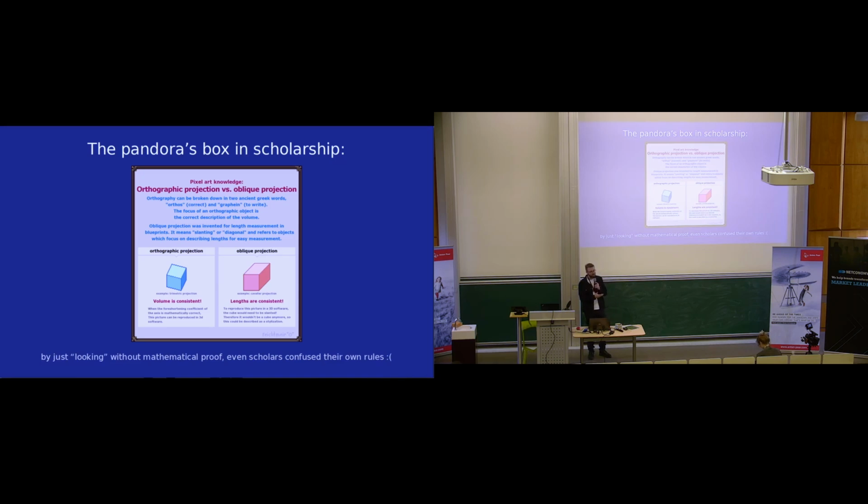So an orthographic projection means one thing. It's in a real mathematical 3D space, and it has a correct volume. And an oblique projection is focused on length. So oblique you use mostly on paper, on plans, as an engineer to measure out stuff. And yeah, it's a usage case.